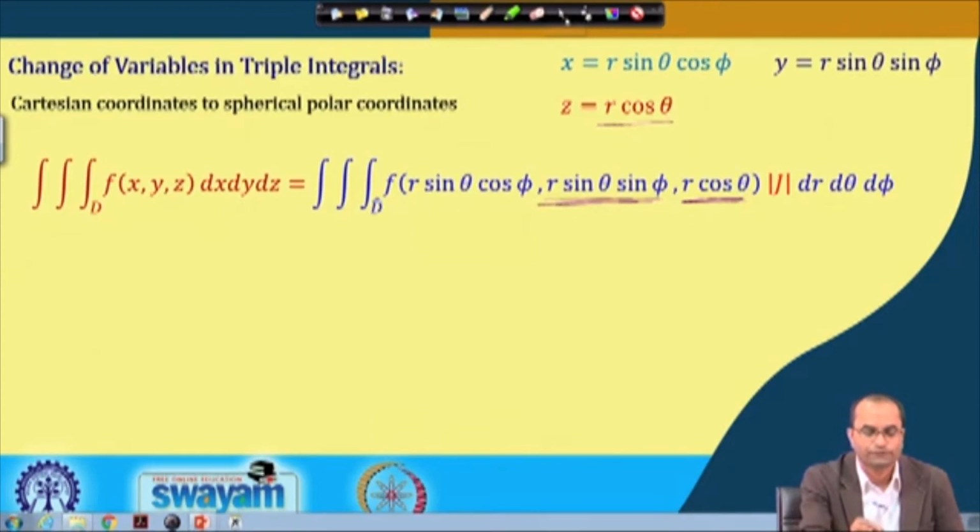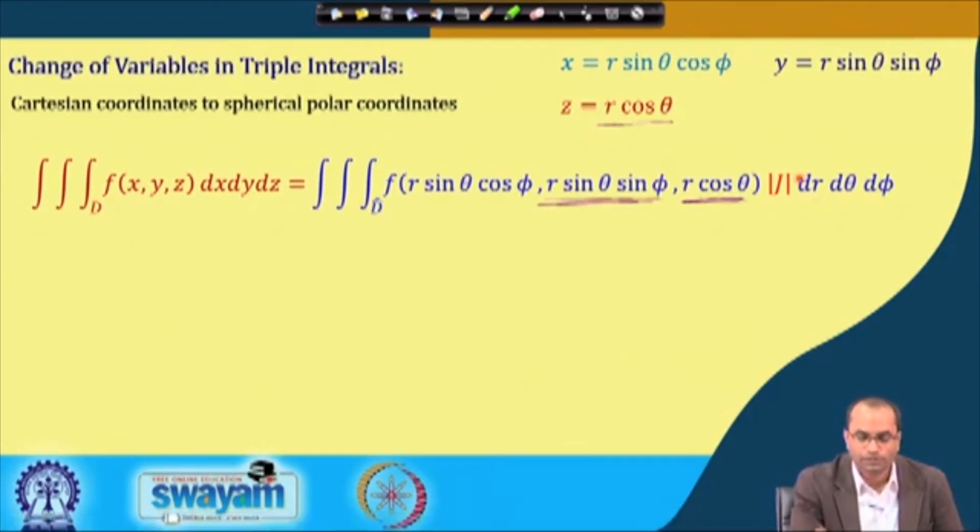With this we now have the Jacobian term,